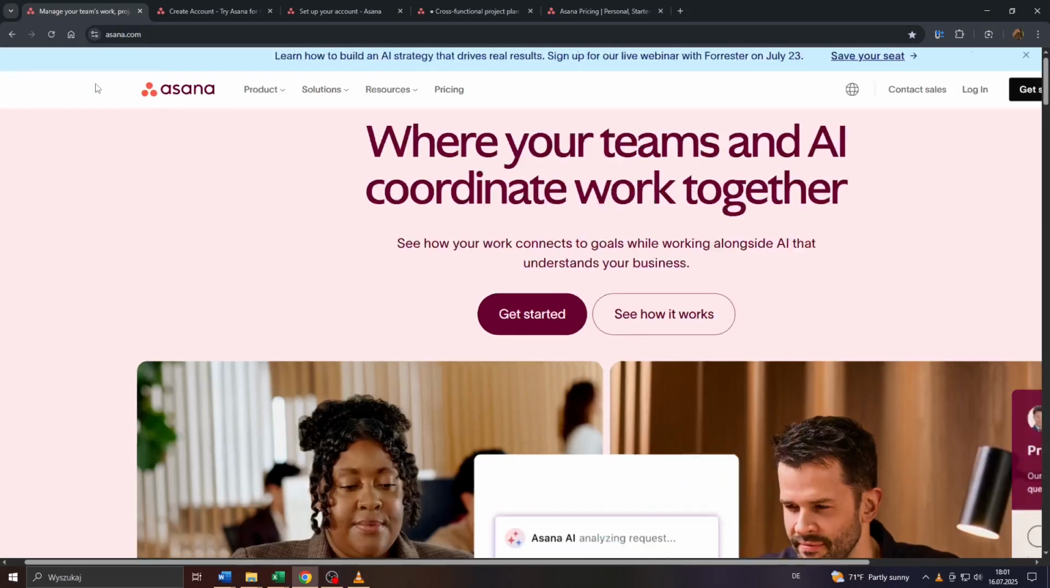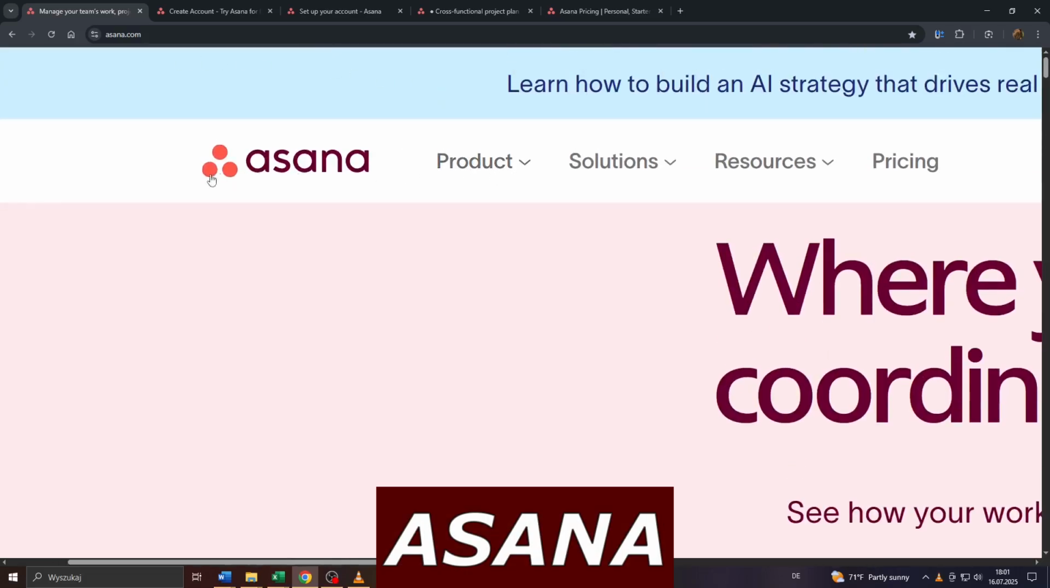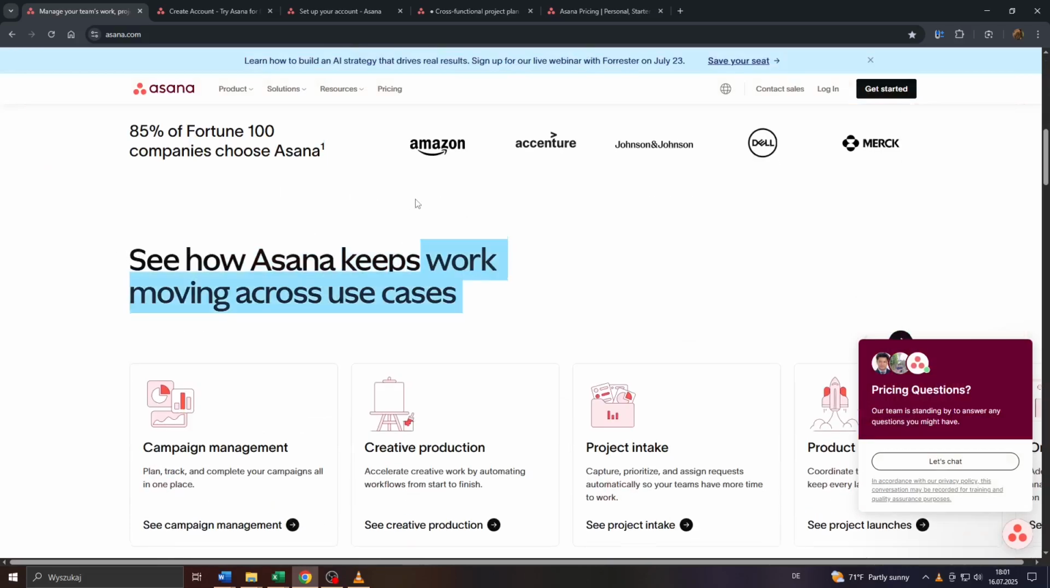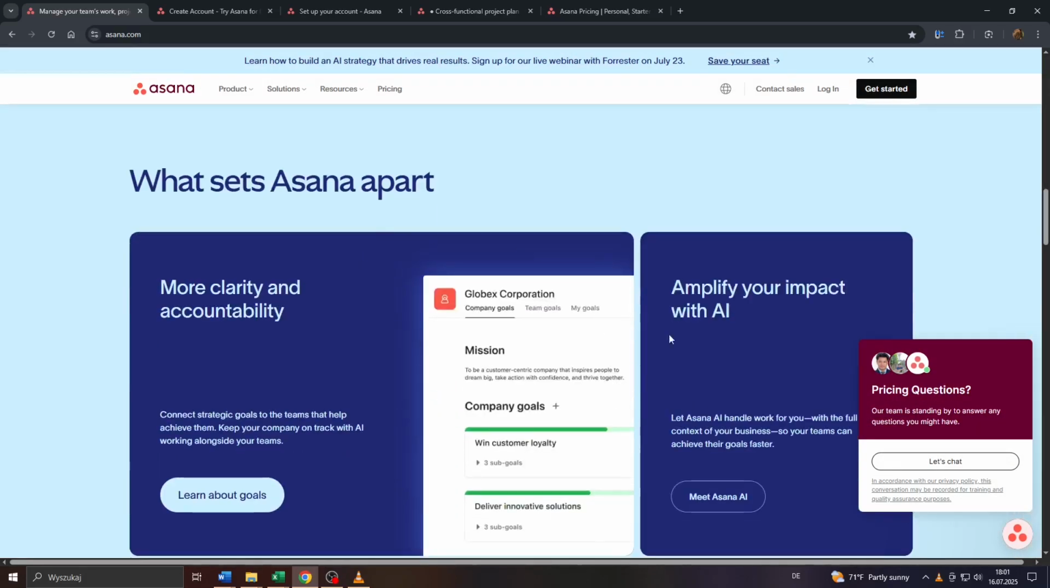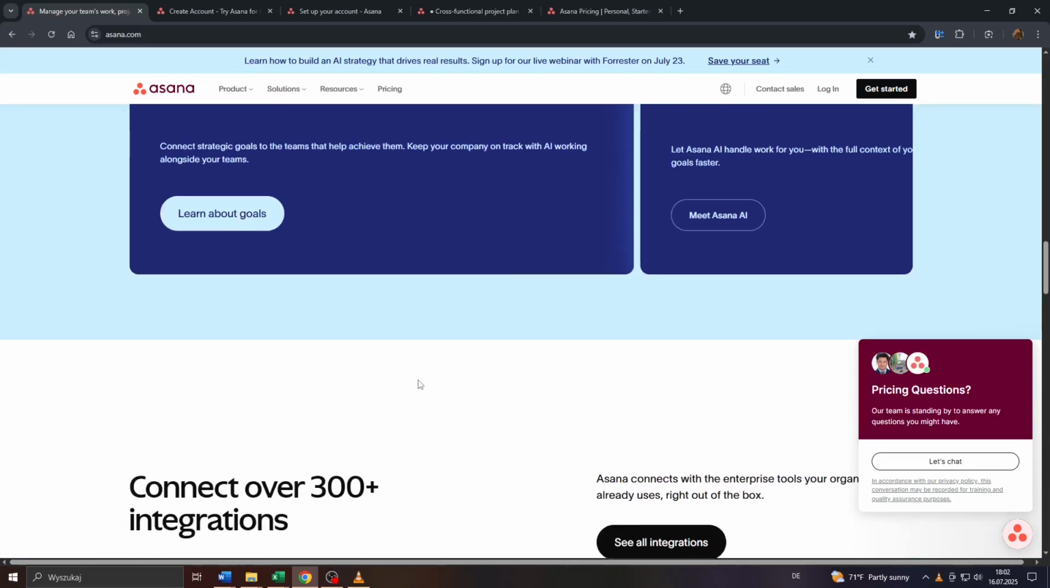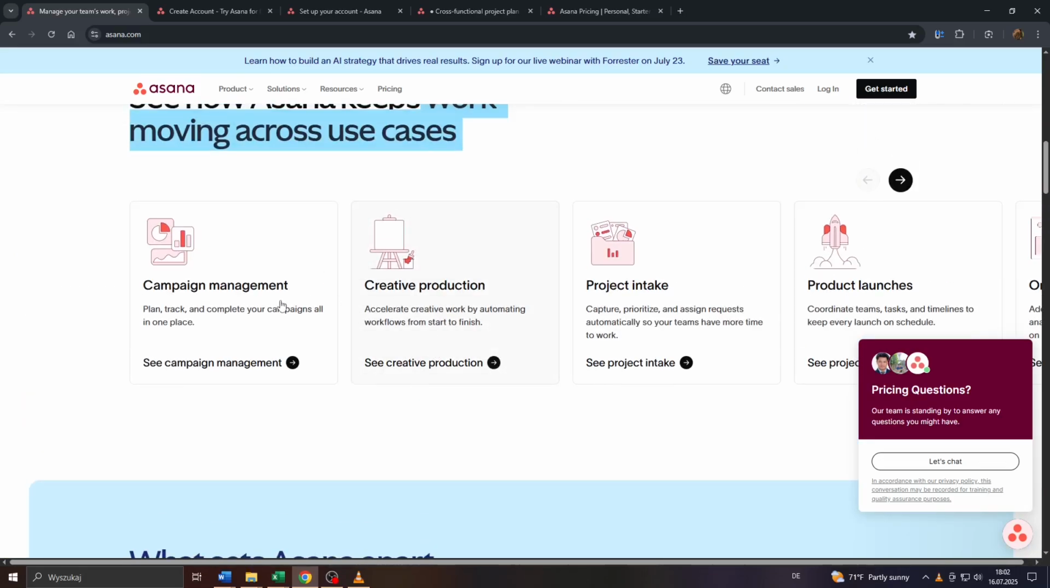In this review video, we're going to be taking a closer look at the Asana project management tool. A project management tool we stumbled upon just recently, so we decided to take a closer look at it and learn more about it, to share our experience with you and to provide you with all the information needed about